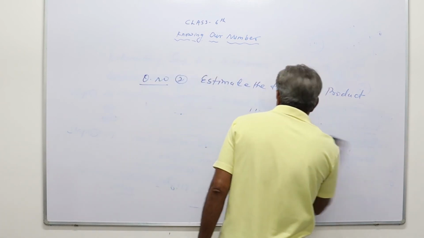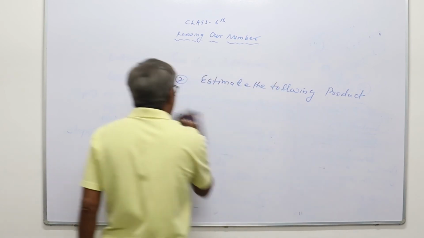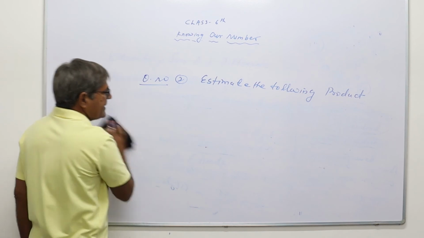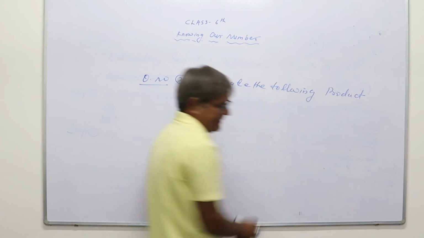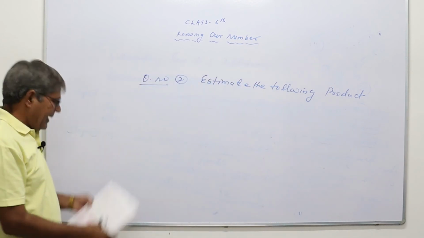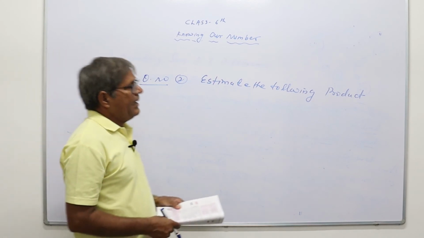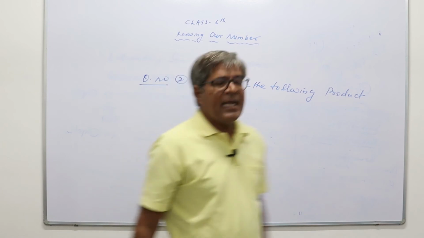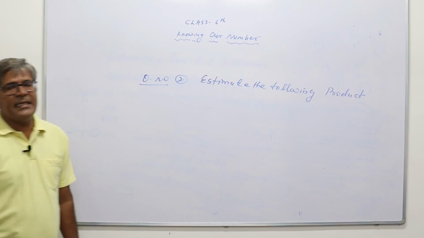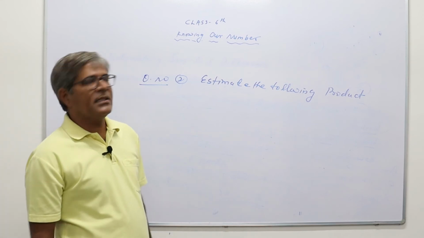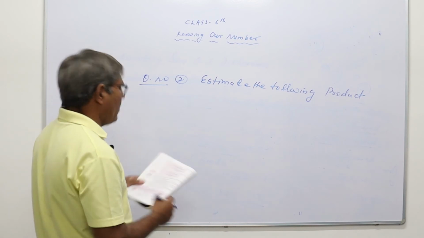So recall the general rule to estimate a given number containing 2 digits, 3 digits, 4 digits and 5 digits. Once again I am recalling, if the number contains 2 digits, round off to the nearest 10. If the given number contains 3 digits, round off to the nearest 100. And if the given number contains 4 digits, then round off to the nearest 1000. And learn the general working rule of how we will round off this number.